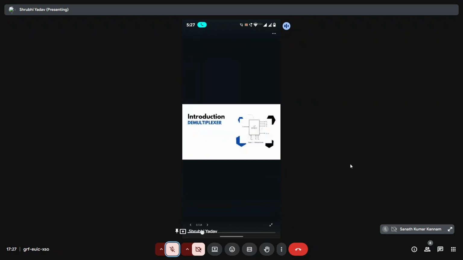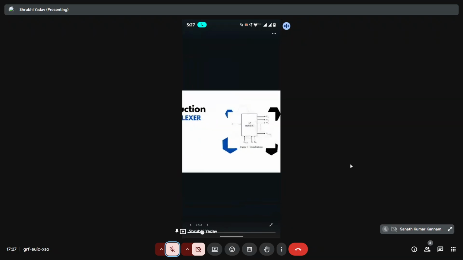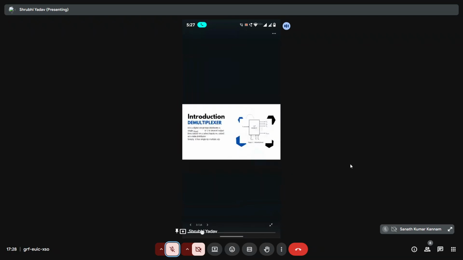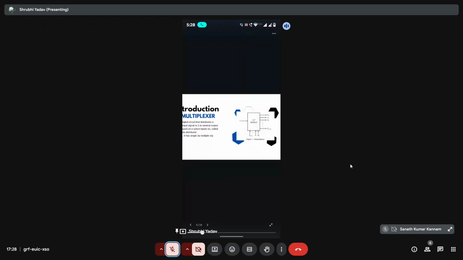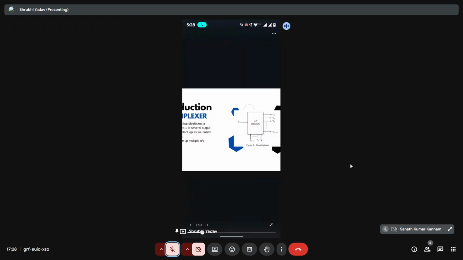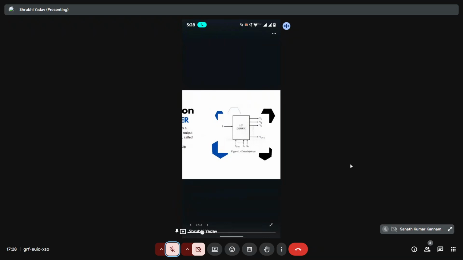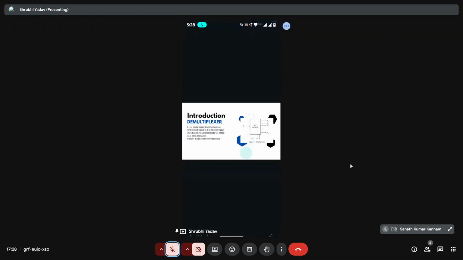So, moving towards the introduction of DEMUX, as we are seeing here the diagram of DEMUX. A DEMUX is a digital circuit that distributes a single input into signals of several output lines based on the selected inputs. So it is called a data distributor, because it has one input and many outputs. As seen in the diagram, we are giving one input as I and many select lines, that is of 2 power n. So it has a